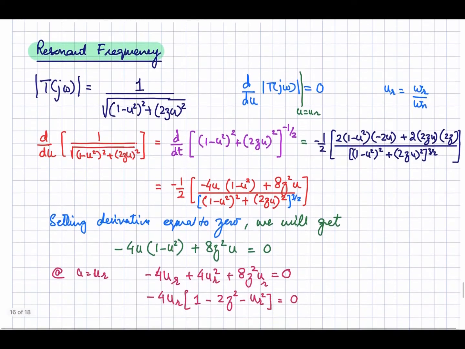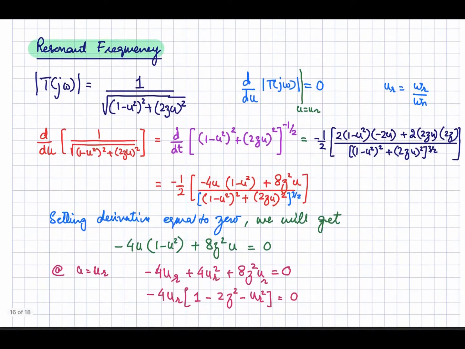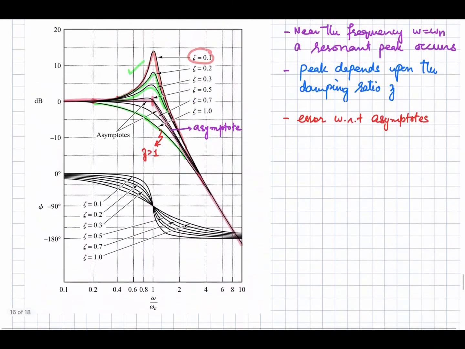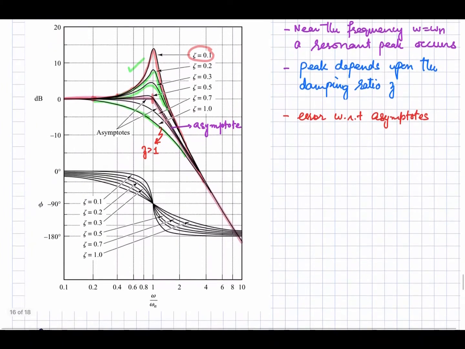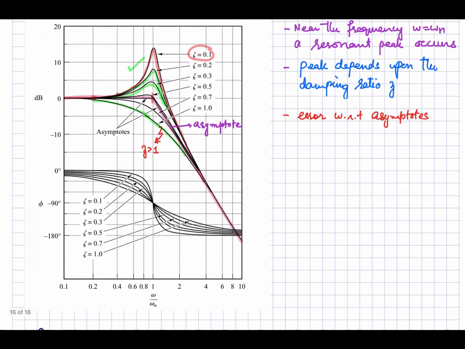Okay, now let's calculate the resonant peak of this second order system. So here you can see the response is going to change as you change the frequency. So over here the gain is changing, and if you look at the tangent, the slope of the tangent at this point at the peak will be equal to 0. It will be a horizontal line parallel to this omega axis, frequency axis.